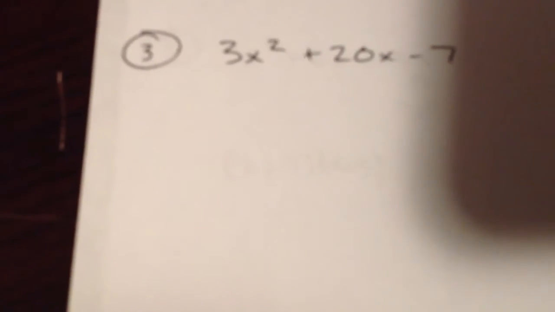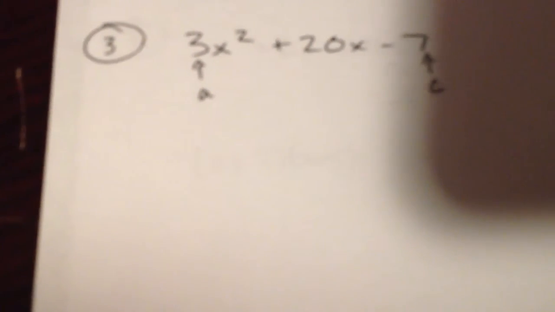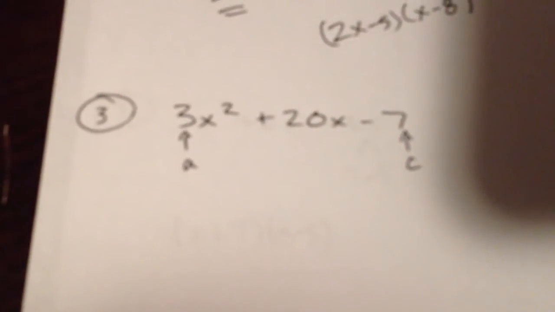And last one right here, A is 3, C is a negative 7. That product, A times C, is a negative 21. Two numbers that multiply to negative 21 and add to 20